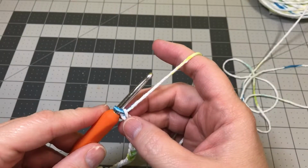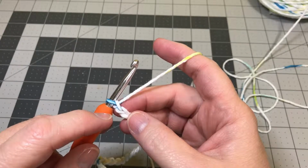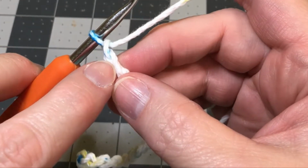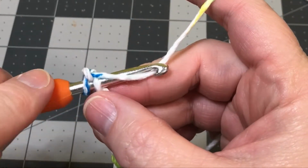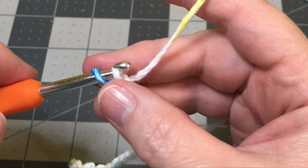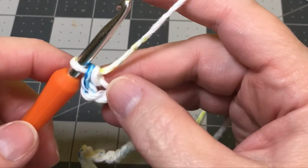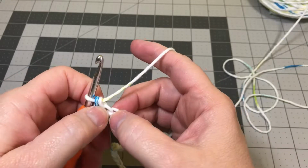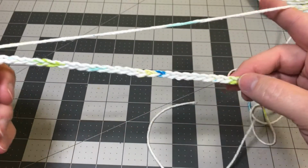Okay, we're at 32 chains. We're going to do a single crochet into the second chain from the hook. Skip this chain and into the second chain from the hook, do your first single crochet. You'll stick it in the loop, you'll pull that yarn through, and then you're going to yarn over and pull it through both loops. That's your single crochet. Now you're going to do 31 single crochets into the top of every foundation chain on that foundation chain row